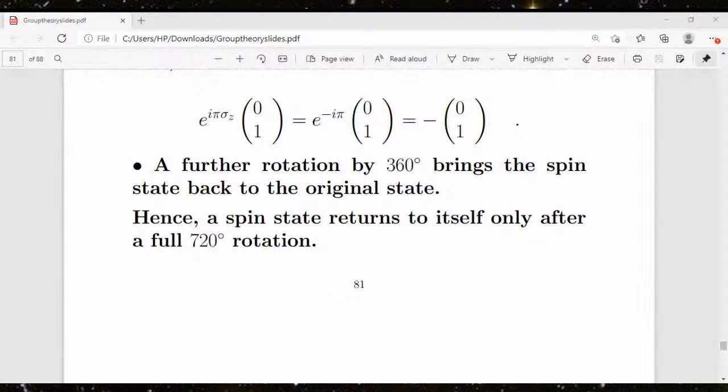If you take a state alpha beta column vector representing the spin degrees of freedom of a spin half particle like an electron or a proton or a neutron, then under a rotation of the coordinate system by